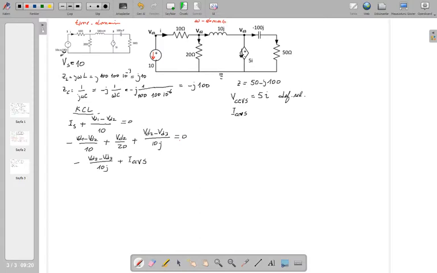Now most of the students make a mistake right now. Don't write this definition relation VCCVS or 5I here, because what you are writing is not the voltage but the current, isn't it? This is the Kirchhoff current law equation. So while you are writing this equation for this element, you cannot use that definition relation at that moment. If you cannot use it, you're going to use the current of this element.